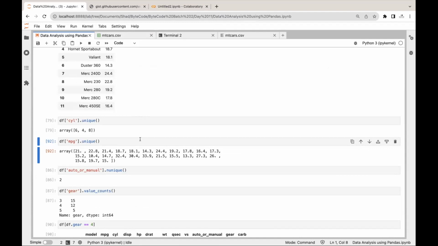yeah, we will do it. Like how to convert MPG to KMPL, we will do it. Thanks for suggesting it. But yeah,